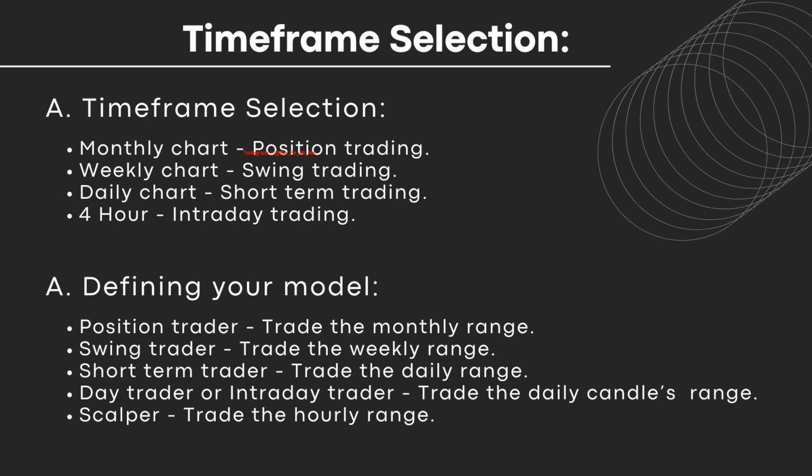Another style of trading is short-term trading. A short-term trader trades the ranges on the daily chart. Now, the objective of a short-term trader is to trade the ranges on the daily chart inside a weekly range. And what I mean by that is that inside a weekly candle, we've got 5 daily candles, right? Meaning 5 days. So as a short-term trader, our job is to trade that weekly range on the daily chart